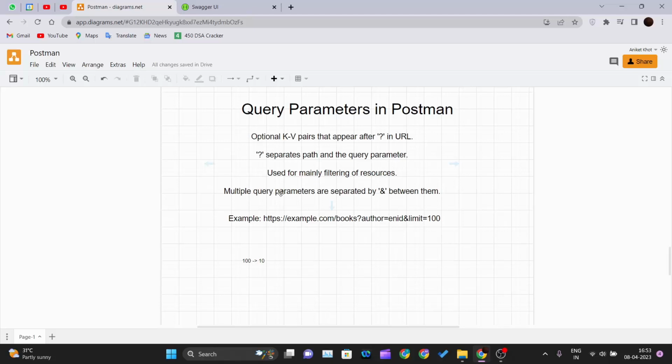Okay, so multiple query parameters are separated by an ampersand between them. This is the and sign in programming. So if you want to implement multiple query parameters in your URL, then you should separate them using an and sign between them. Okay, I will show you an example. If you see here, https://example.com/books is our URL, and after that